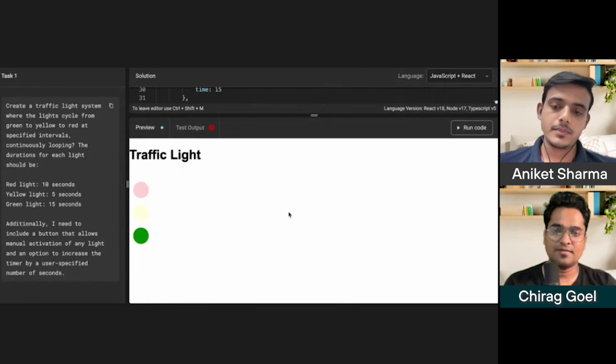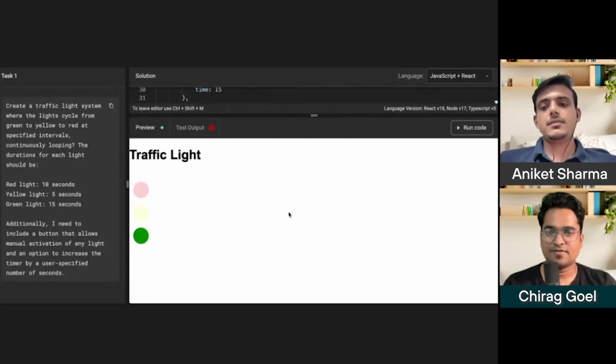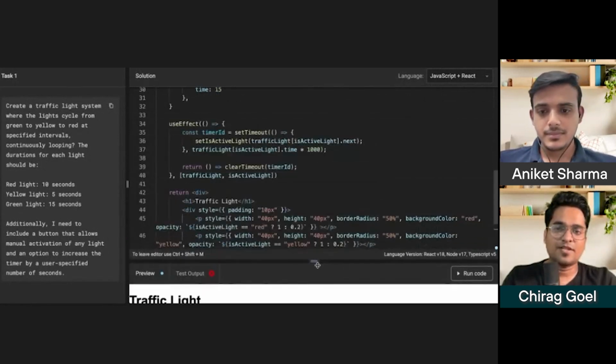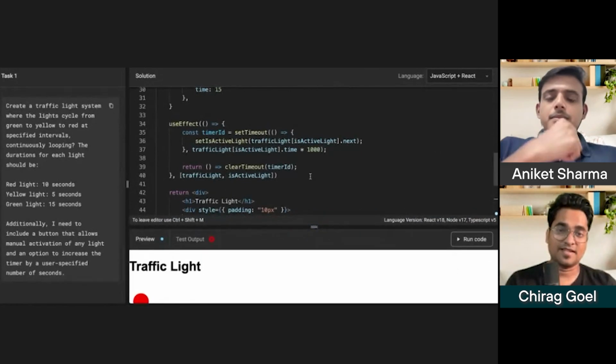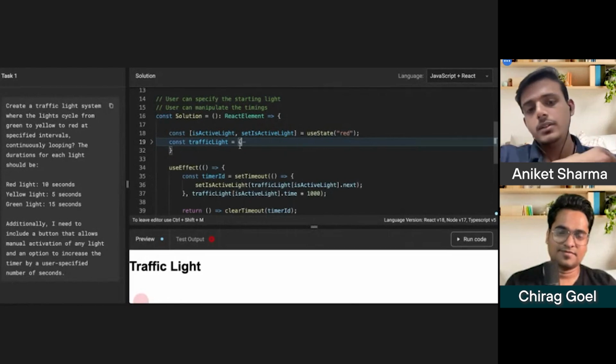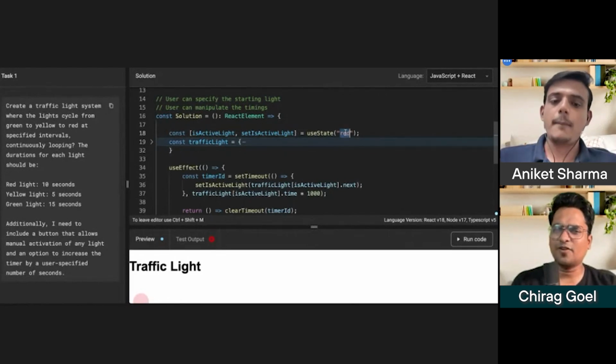So after some time, I think a 10 or 15-second timer was there. Let's see how that looks first of all. Oh, it came red. Now it's better. Perfect. So now you have the option to explicitly set something. Okay. Before you jump into that, help me with one important thing.